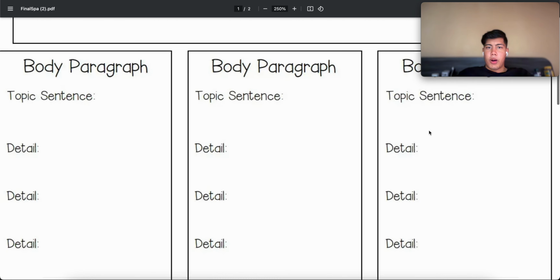Conclusion paragraph. So let's read the instructions here. Say your thesis differently. So restate your thesis and close with an interesting thought. And remember, your thesis is your central argument, your central idea. The central idea in this one is I love spring because of the warm weather. Your central thesis idea here will be why did you choose that superhero, or why did you choose that superpower? In conclusion, spring is my favorite season because of the perfect weather, beautiful flowers, and fun activities.